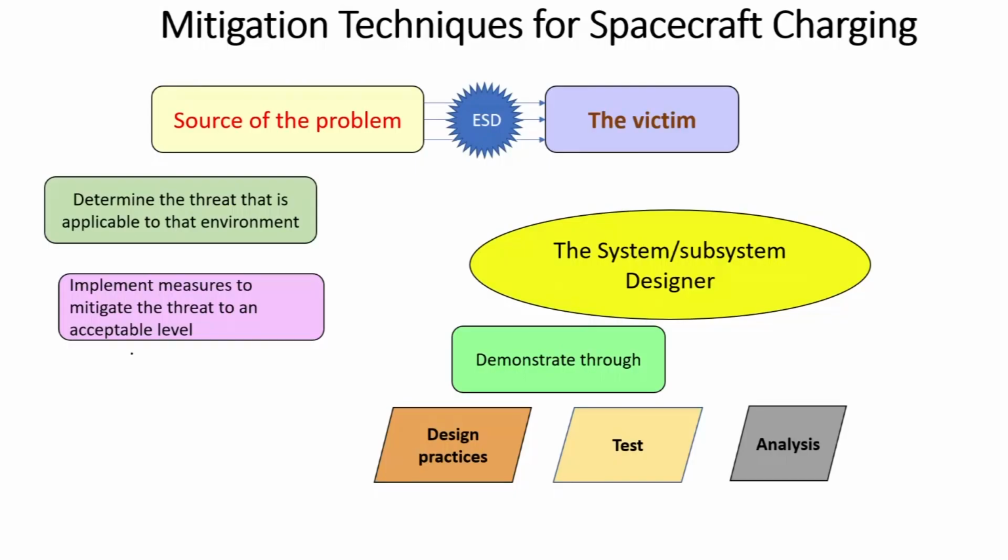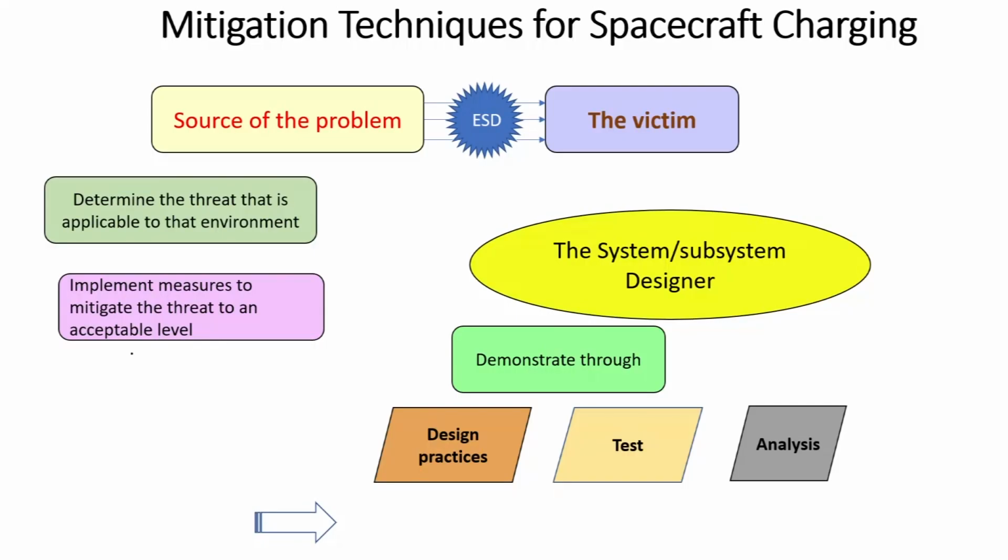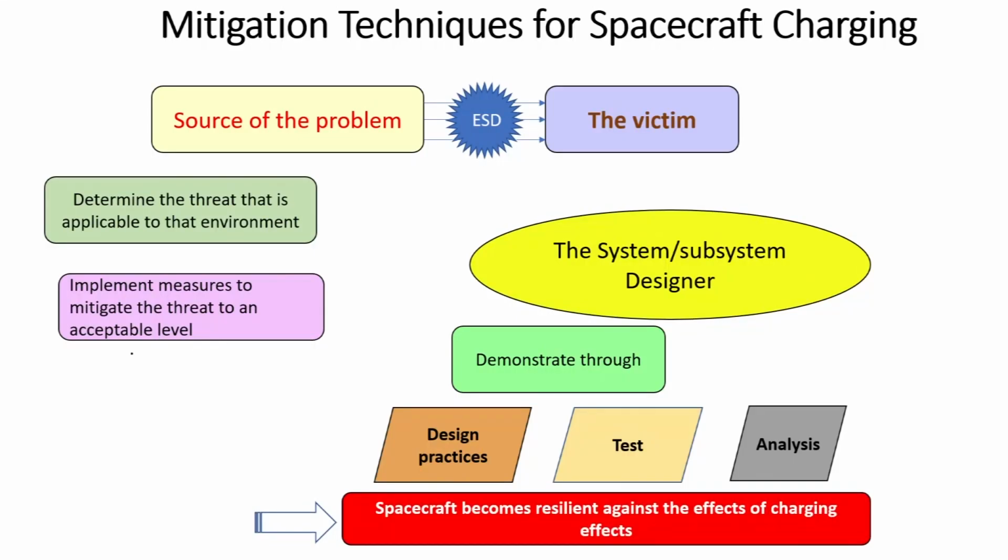So, once those testings are done, it is sometimes not possible to simulate exactly the space environment. So, you do limited testing, and at the same time the mathematical modeling or analysis also needs to be done. Whatever we studied, the mathematical modeling, this also needs to be done. So, a good design, then you do the testing and you do the analysis. All these things will ensure that, and then if you take all the measures, like we will come to that, how to select the material and all this thing,